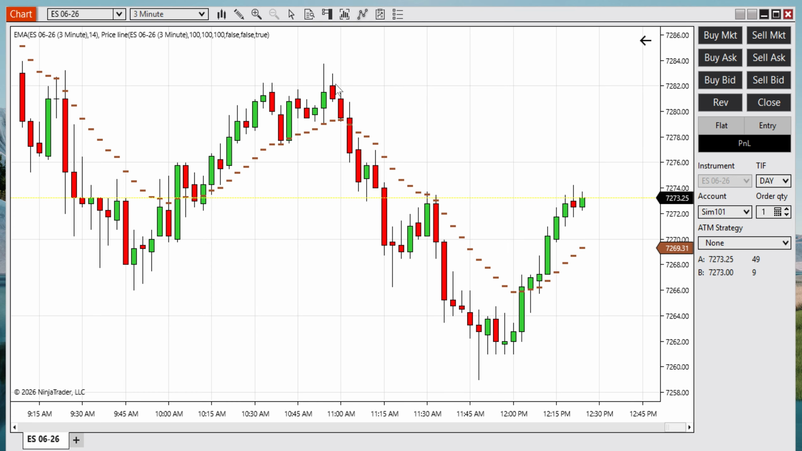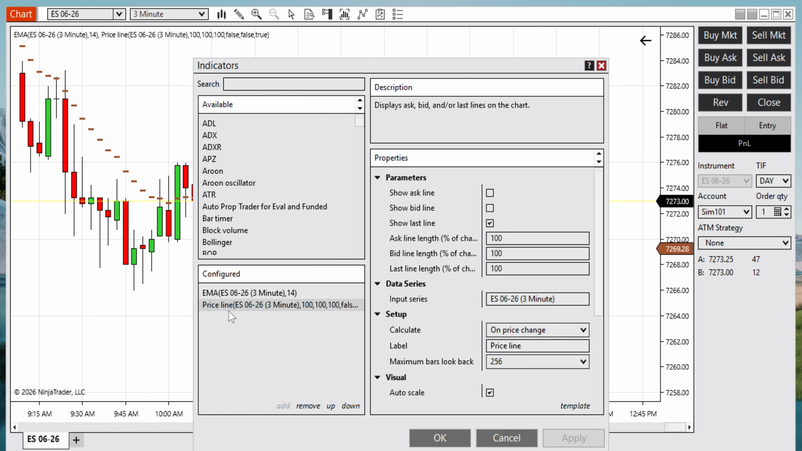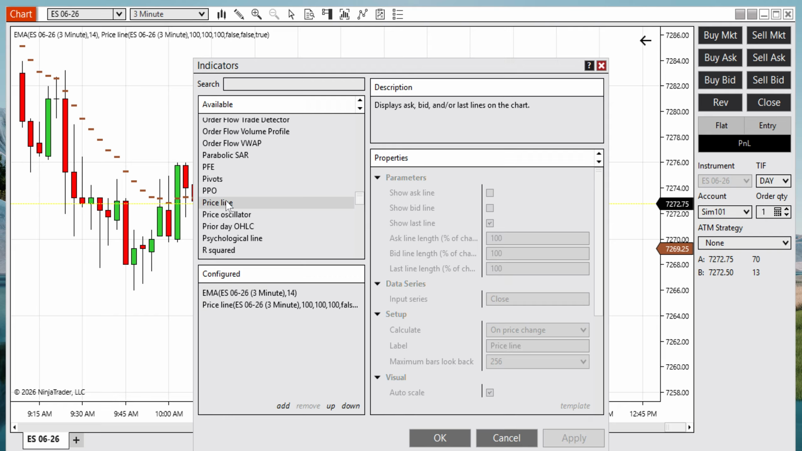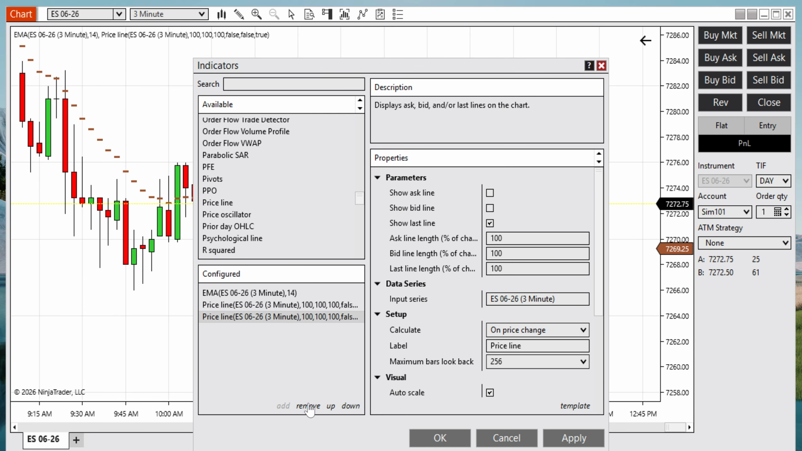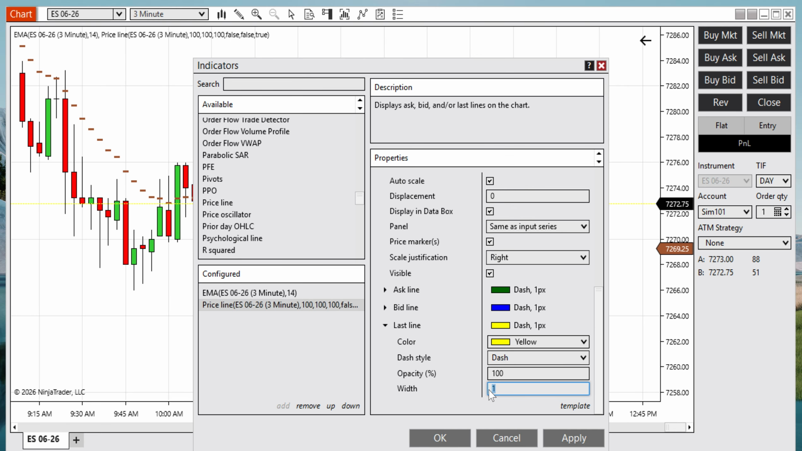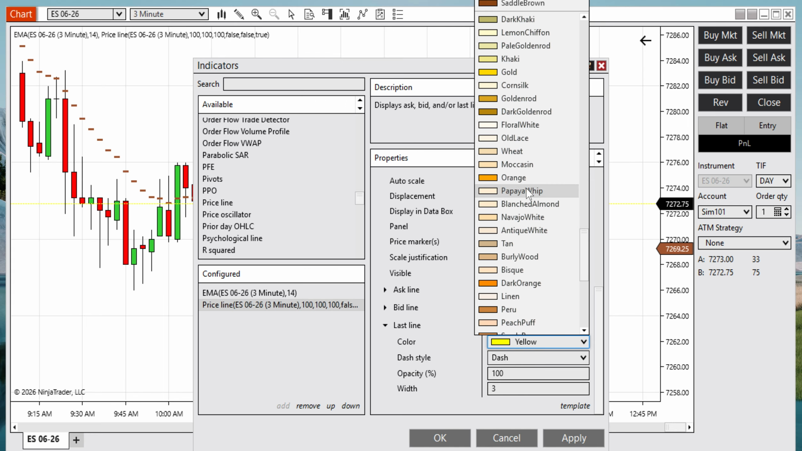So let me go to indicator. I added something called price line. If you search price here, or just click here and then click P, you go to all these things, and you can select this price line. That's what I've selected here. If you select it twice, it adds it twice, so maybe do it one time. But I'll change the color to something different. Yellow is not great, so I'll add the width to like 3, and then instead of yellow,